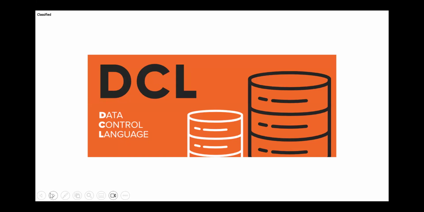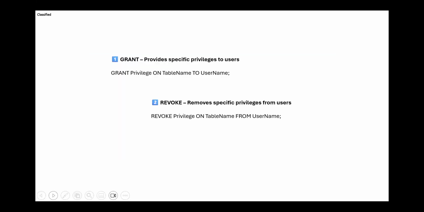Then you have the data control language. Okay, so the next part that you want to really understand is the data control language. Now, what does control mean? It deals with permissions and privileges of the objects. Two data control commands are grant and revoke. Okay, so if you're working in a server, what happens is you can decide to grant access or to revoke a privilege for certain tables from certain users.